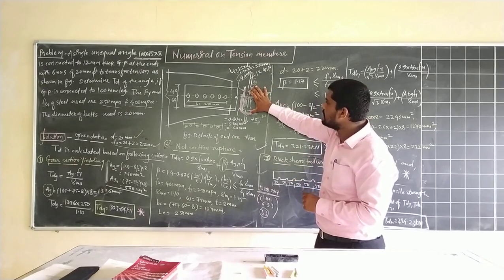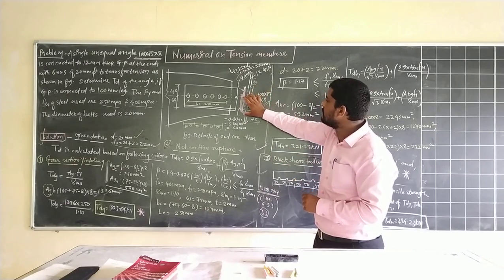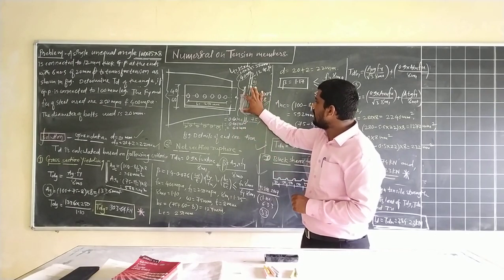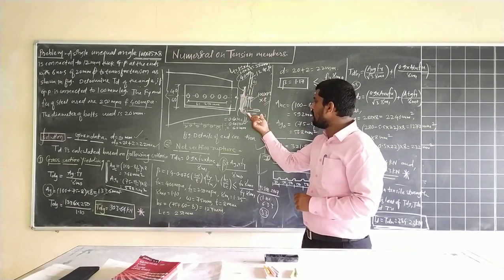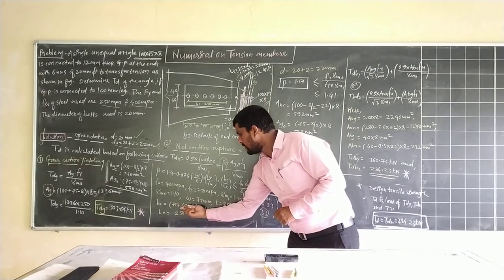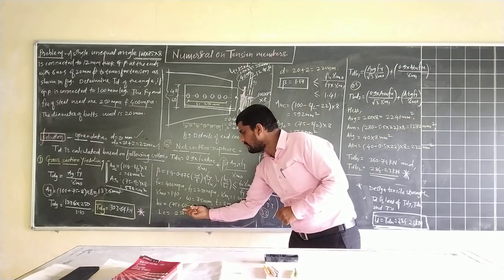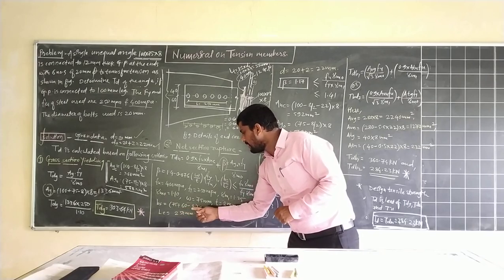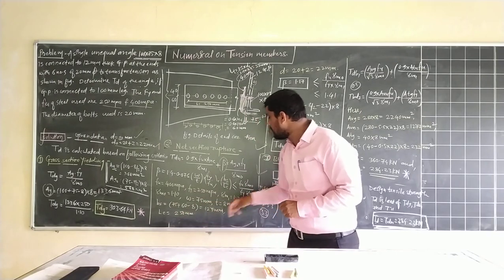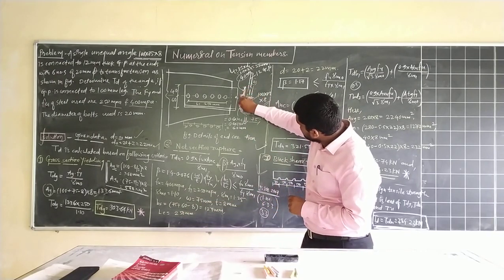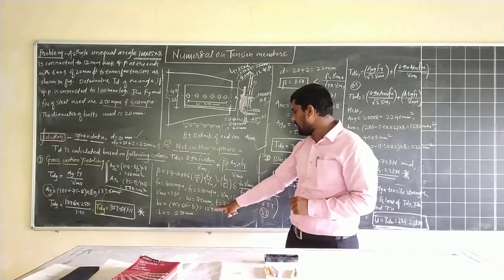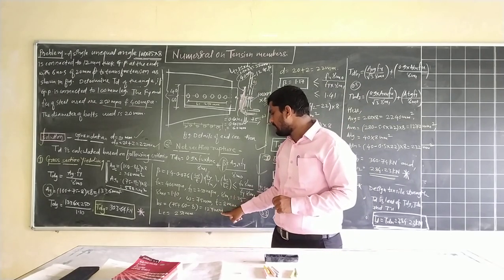So this leg is 100 mm. 60% of that means 60 mm. So 60 mm is the connected leg and 75 is the outstanding leg. So the 75 outstanding plus the connected 60%, that is 60 mm, minus 8 mm, the thickness of this angle section. So total shear lag is 60 plus 75 minus the thickness of the angle section. So the answer will be 127 mm.